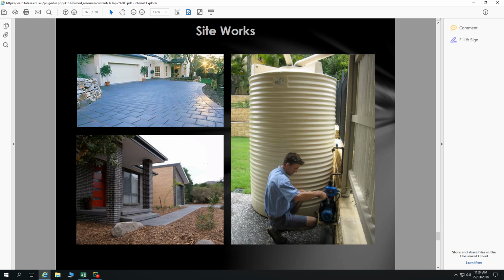So you can include site works on that. You can include all your window treatments and your floor coverings, etc., and any other associated works. So let's say this is a fairly comprehensive contract. We include site works. So once the house is all done,